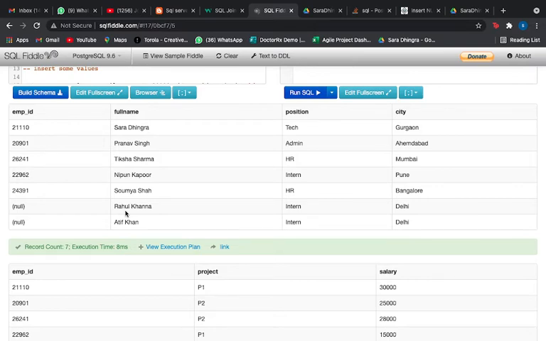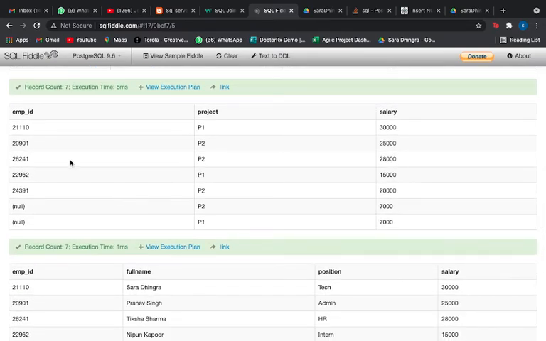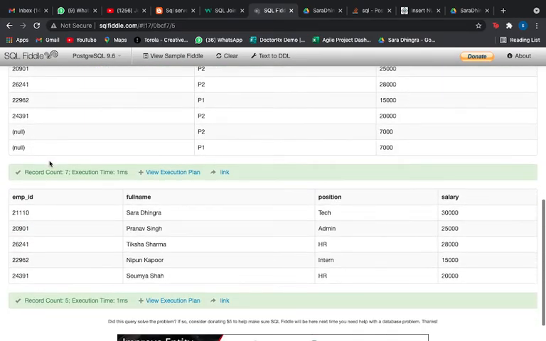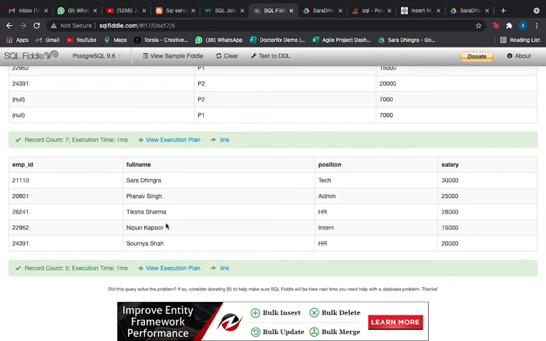It is just going to show you the common matching records from both the tables. So it was able to match only 5 records from both the tables, and that is what it has displayed. And if you see now, I have my resultant table, that is employer ID with full name, position and the salary. This is from the second table that we chose. So this was our inner join concept.